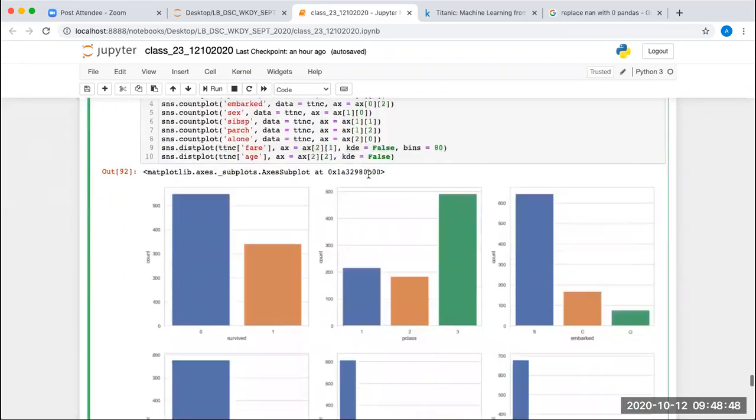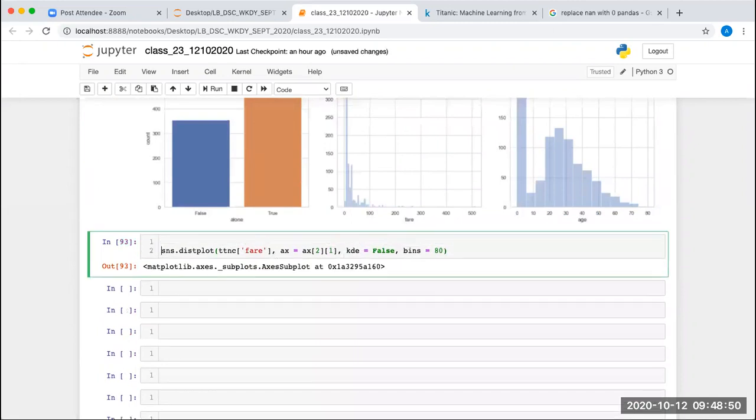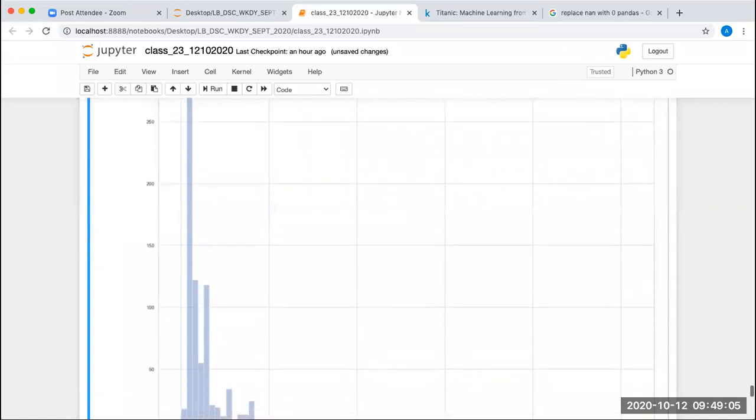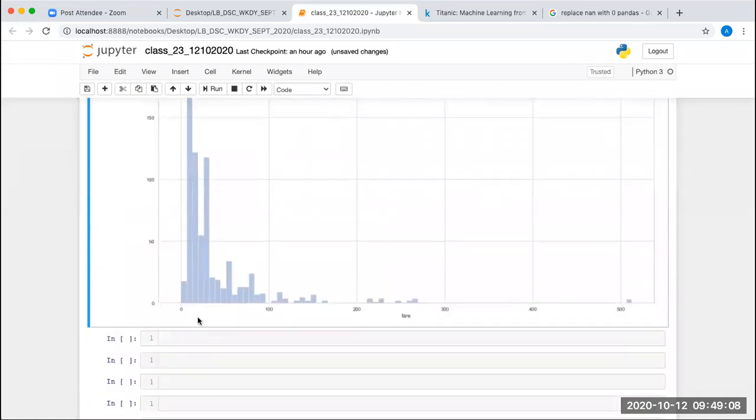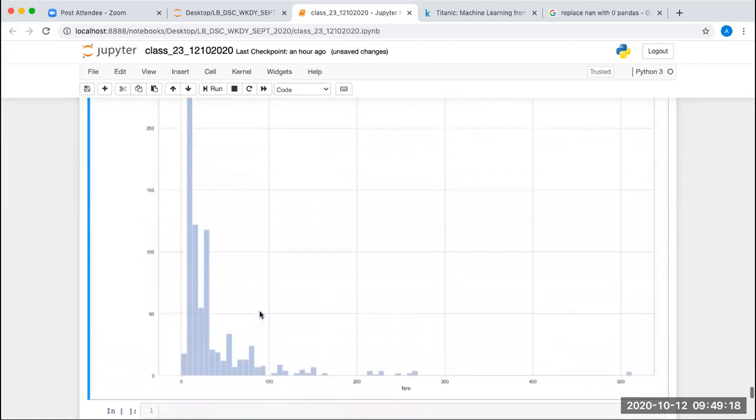I guess we'll have to remove that ax equal to ax of 2 comma 1 from this. Correct. Acha, so this should be fine. Figure size, and then this is not required. Now it is visible, right? 0 to 100 and how many? 1, 2, 3, 4, 5, 6, 7, 8, 9, 10, 11, 12, 13, 14, 15, 16. Yes, total 16.